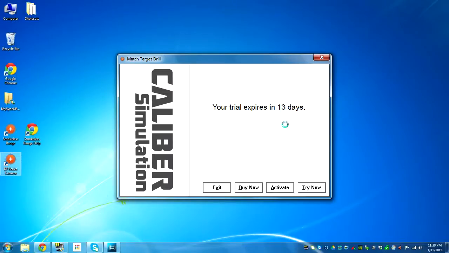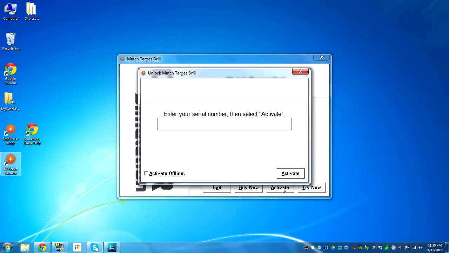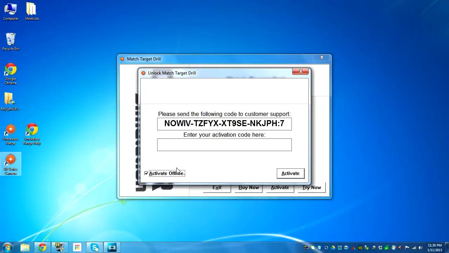And now you'll be presented with this telling you that you have a trial and it expires in so many days. And I'm going to go ahead and click Activate. Now if you're online, you'll be able to click right here and enter your security code that came with your system. If you're not online, then you can click this box here for Activate Offline, and then what you'll need to